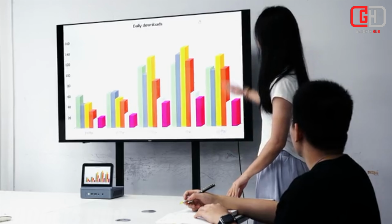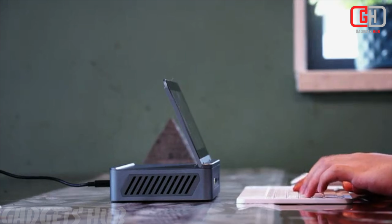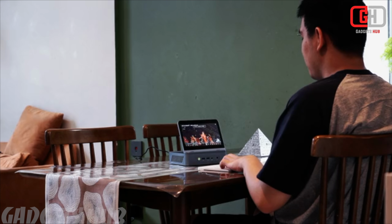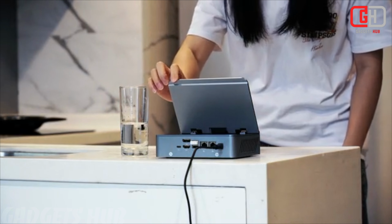Overall, the Miniproca packs a powerful punch in a tiny form factor, making it a potential all-in-one solution for work, entertainment, or even light gaming. However, the lack of extensive reviews, the small display, and potential limitations due to its